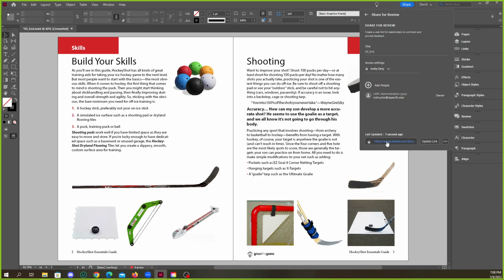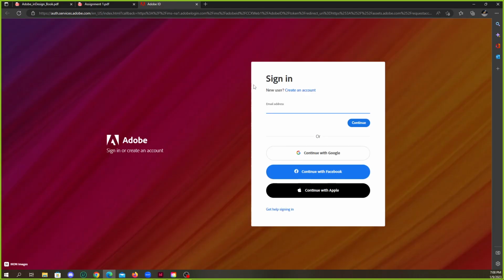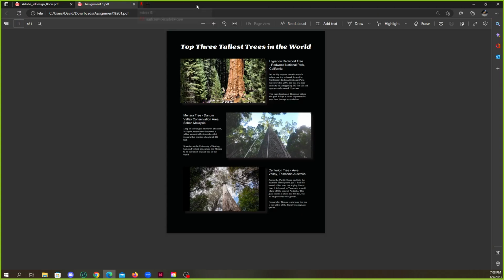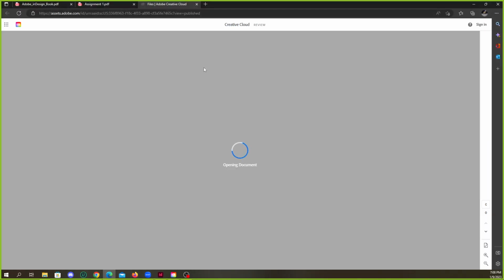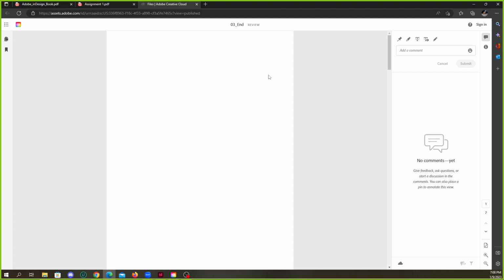But this is what it looks like. You click this link. You share this link with anyone that's involved in the project. This is asking me to sign in, but that's okay. We don't have to sign in because I could just change this from invite only to public, and then we can click that. Now we don't have to sign in. So anyone with the link, even if they don't have an Adobe account, will be able to click the link and